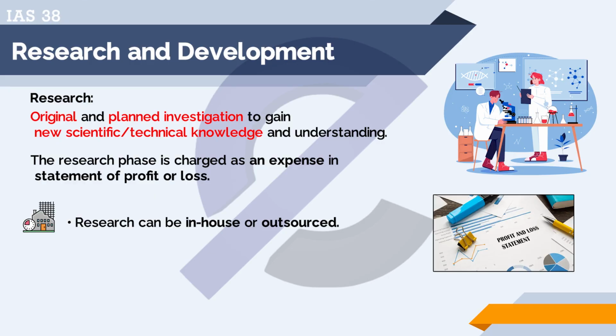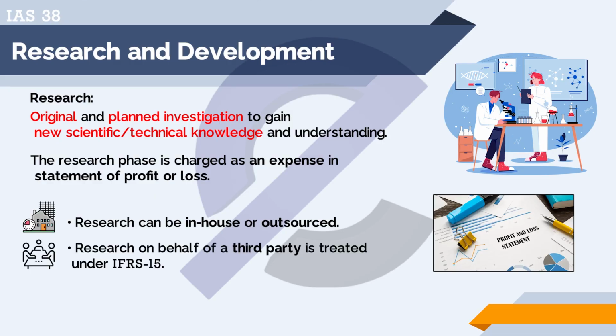Ultimately, the definition is what matters, and even if you are getting your research done through a third party and you are paying for it, that expense is going to be classified as research expense. If you are the company who is doing research on behalf of a third party, so you are the party to which the work has been outsourced,